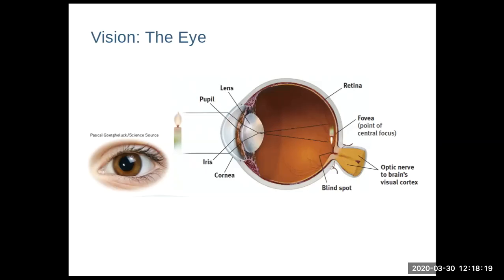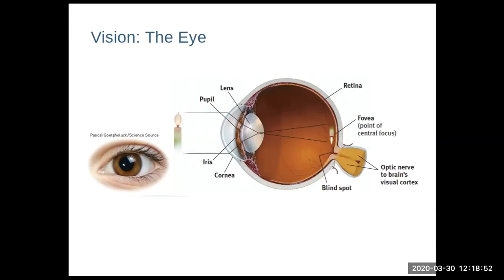Well, as I said, the information needs to get from cells in the back of the eye to the brain. So, as we talked about in chapter 2, the information in the cells gets transferred down through axons. And there are certain cells whose axons come together to form what we call a nerve. A nerve is a bundle of axons that are formed together. And where that information is leaving the eye and heading to the brain is called the blind spot because it's a bunch of axons. It's not cell bodies.